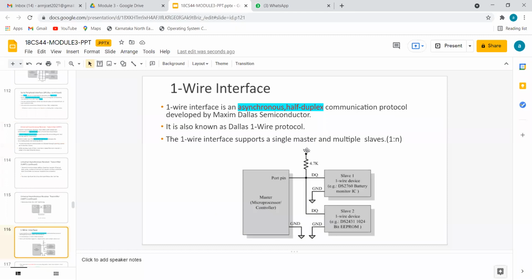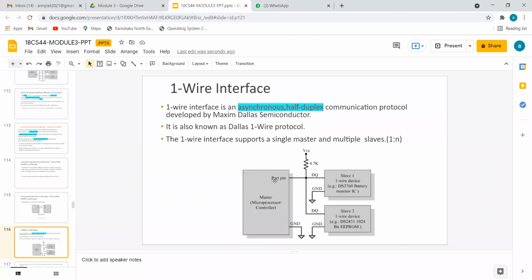Now you can ask, what is the importance of VCC and this resistor? VCC, if we make it 0, this complete line is off. That means even though master tries to send the data, this carrier is off, we cannot send the data. So every time whenever a master wants to send data or receive data, there should be a proper supply of VCC, and this resistor controls the total voltage flow in this wire, because there is only one wire. If this wire burns, the complete interface will fail. So to avoid that, we have voltage control through this resistor.